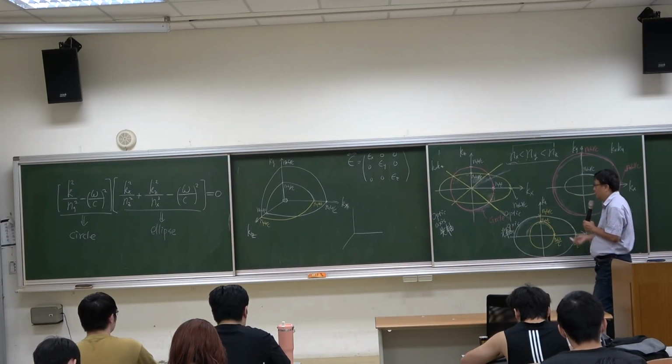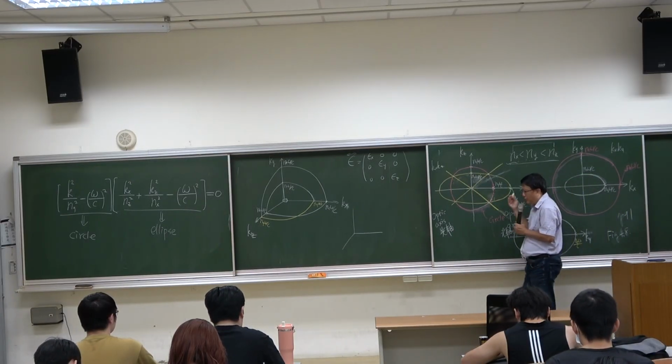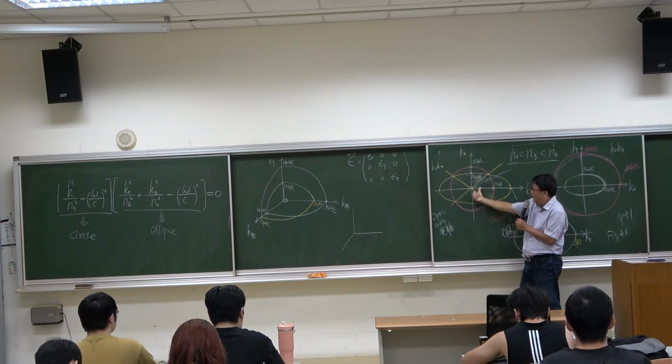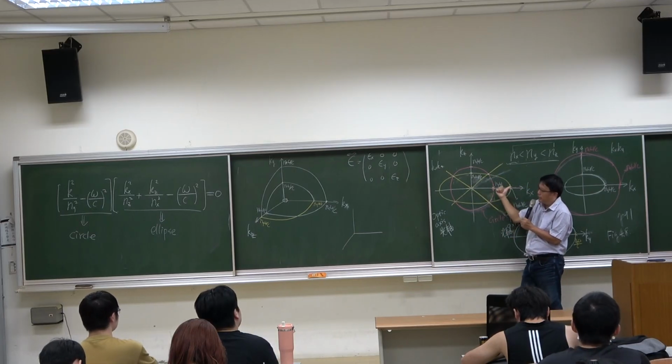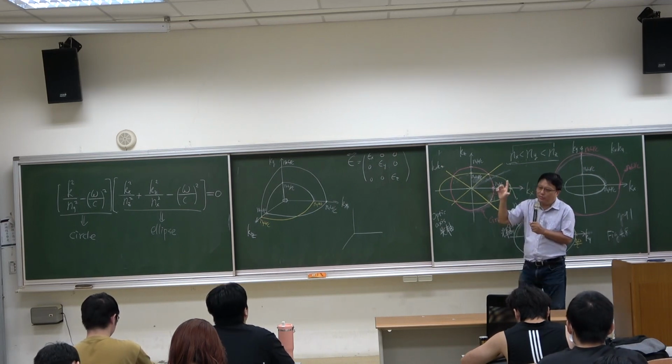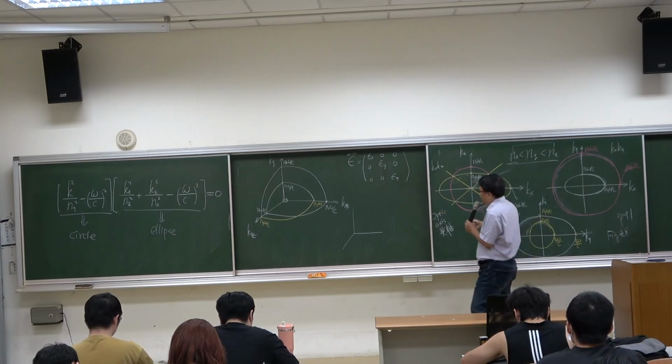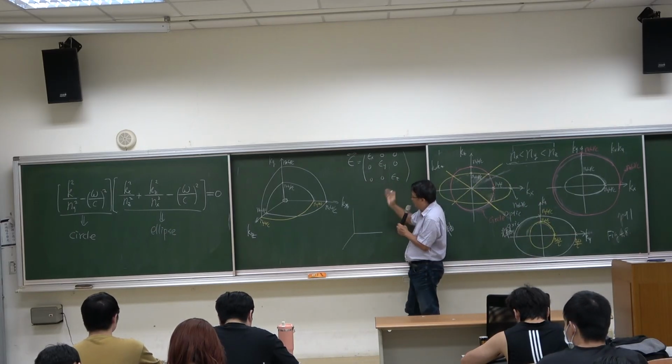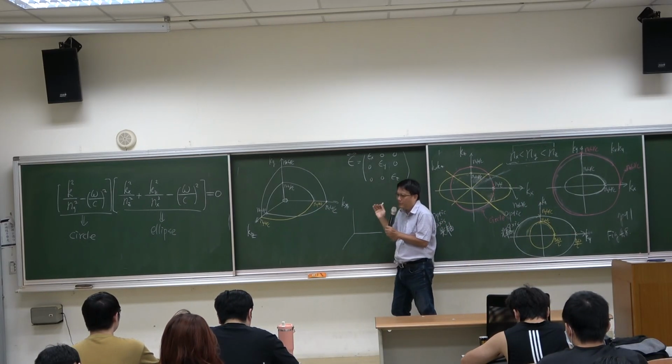So when you consider the simple situation that the wave propagates along the x direction, we have two possible D vector directions,